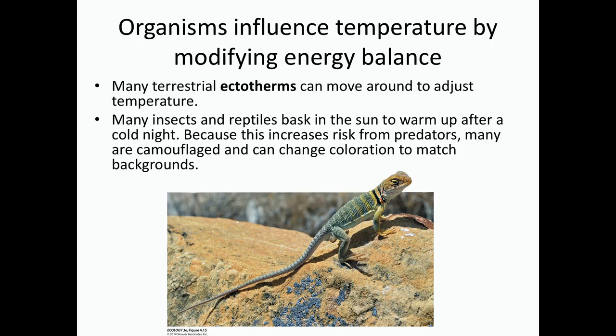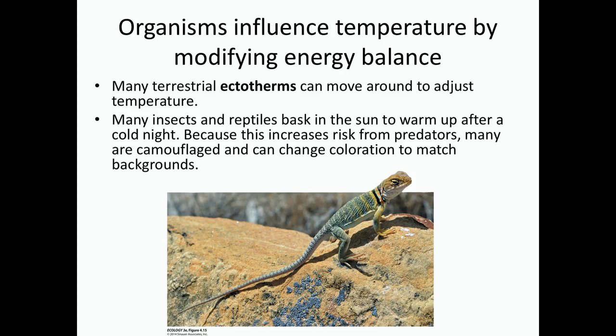So they'll do this by moving around. Simply, when they're cold, they will move into the sun. When they're hot, they will move into the shade. And so you might notice that organisms like reptiles, like amphibians, often on a cold day, you can find them on sunny rocks, perhaps early in the morning. Whereas if it's a really hot day, you won't find them exposed as much. They'll be in the shade, underneath of trees, hidden in the leaf litter. They will kind of be hidden away where it's cooler.